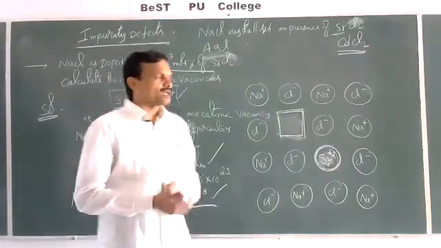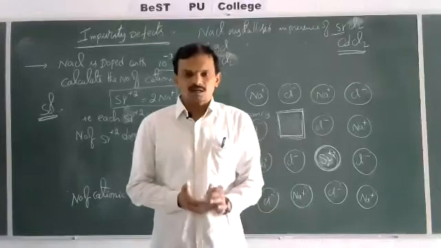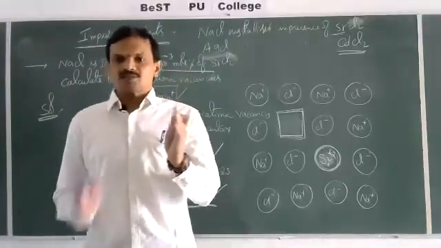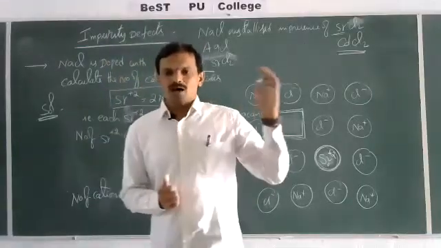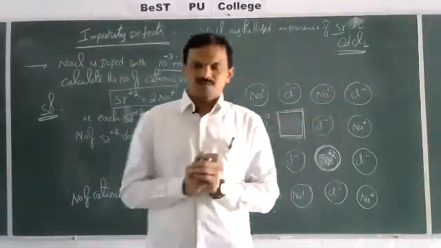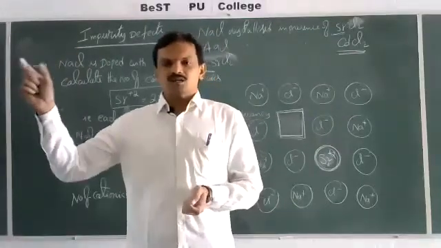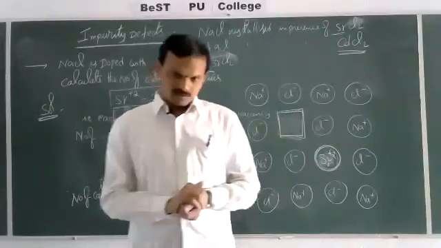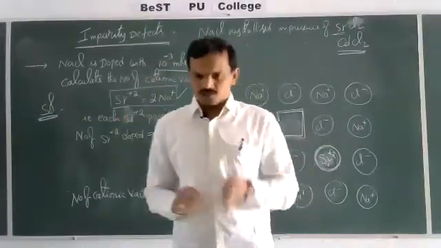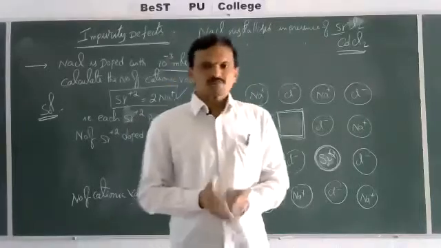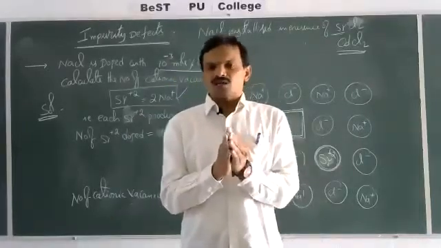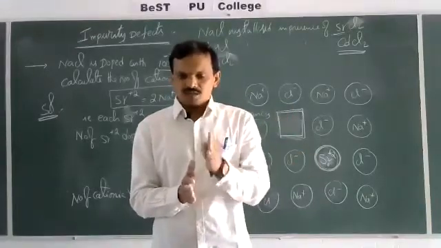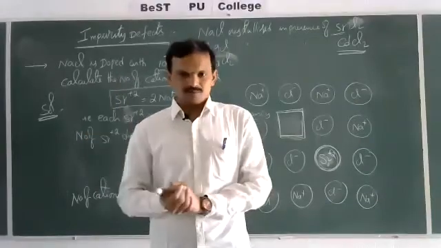This is in total regarding different types of crystal defects. See in brief the total once again. Crystal defects are classified into two types: point defects and line defects. Again, line defects are further classified into two types: screw dislocation and edge dislocation. That we will not discuss as per our syllabus. We will discuss only point defects. Again, these point defects are further divided into three types: stoichiometric defects, non-stoichiometric defects, and impurity defects.